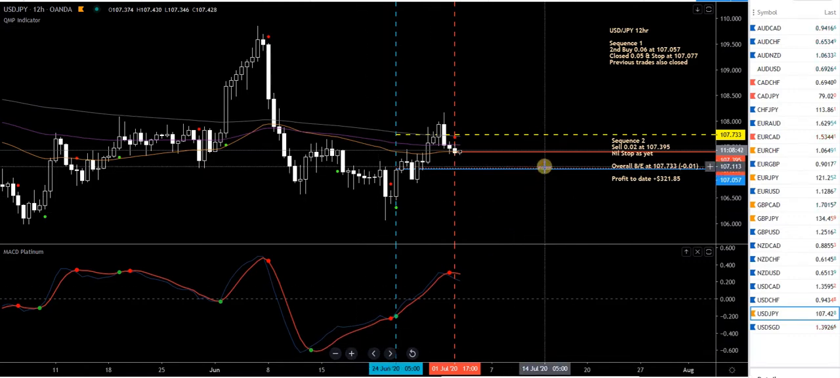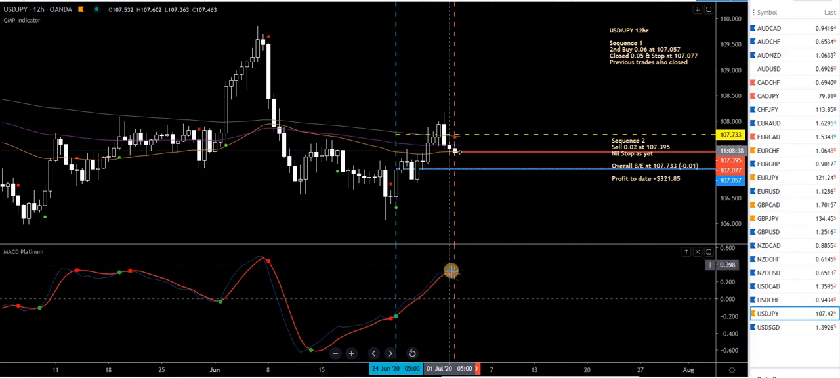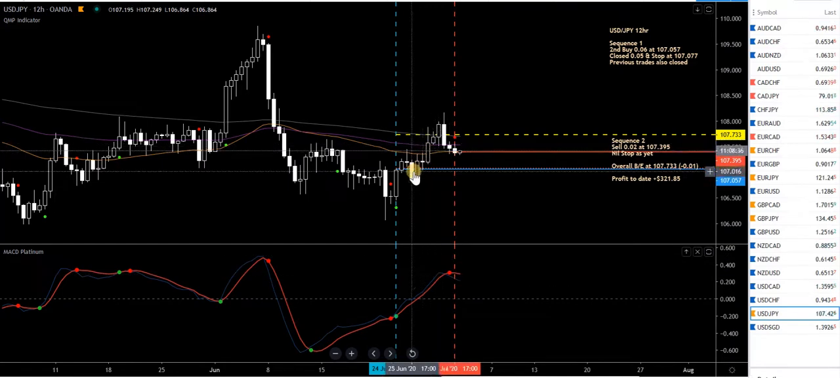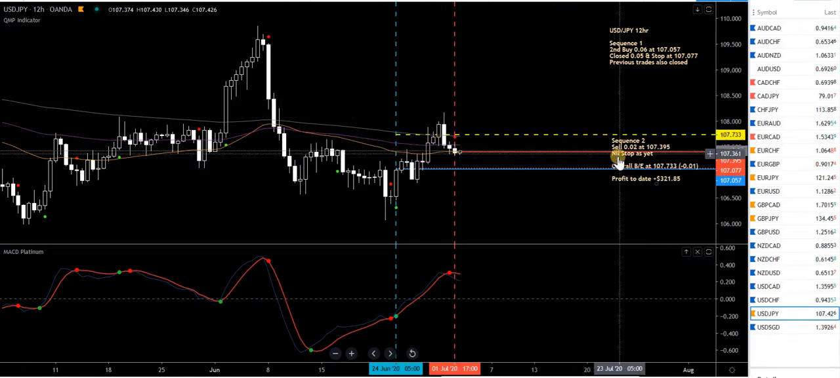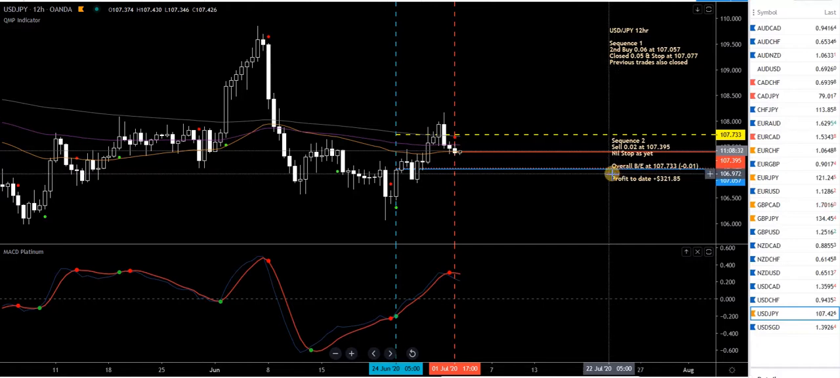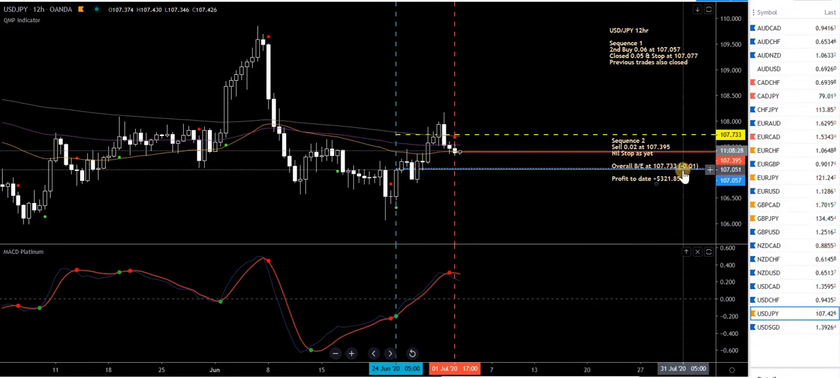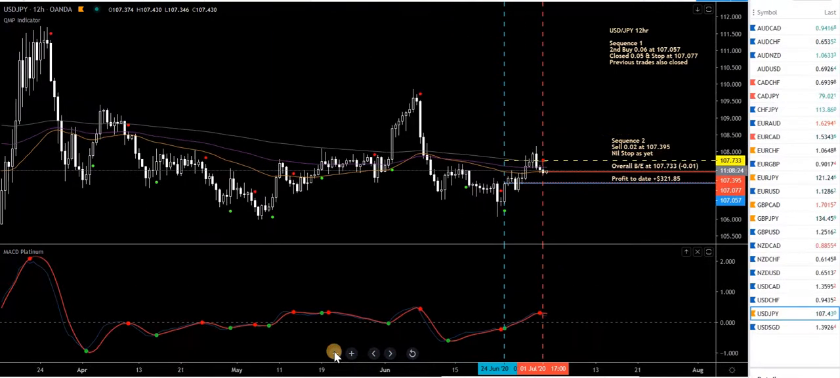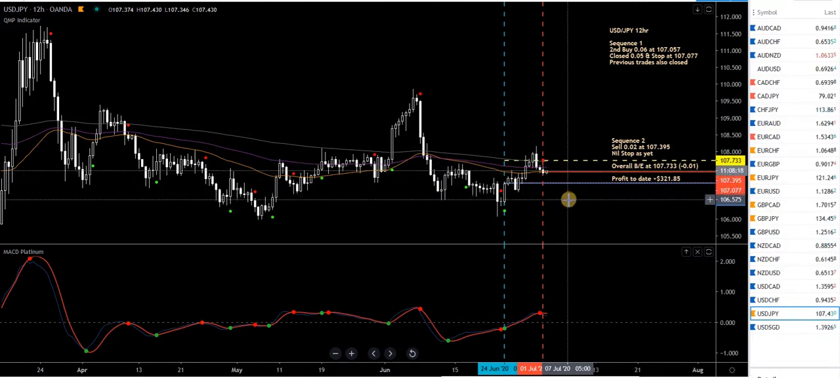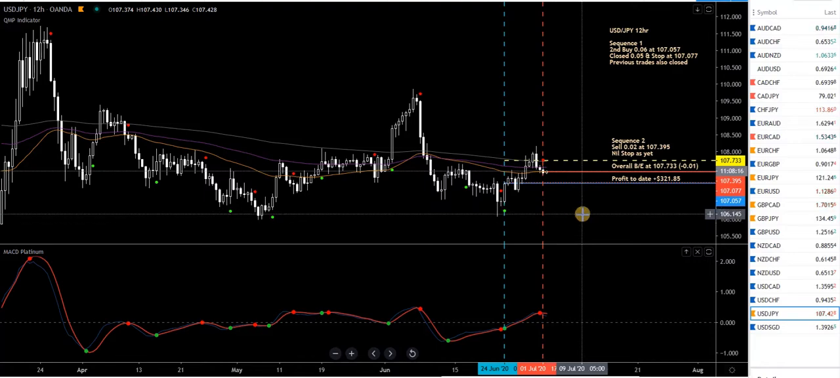That red dotted line's a buy. So I've taken a sell this afternoon. MACD platinum's above the zero level. MAs are down but flat. Overall break even is up here, this yellow line, because it's net minus 0.01. As long as price remains below that yellow line, I can't lose anything. So that's it for the